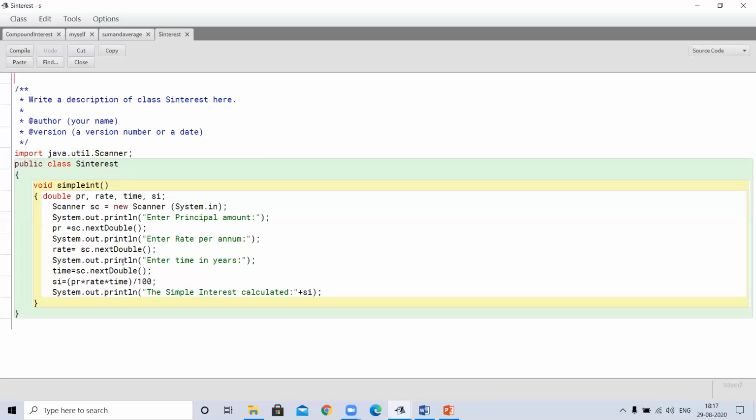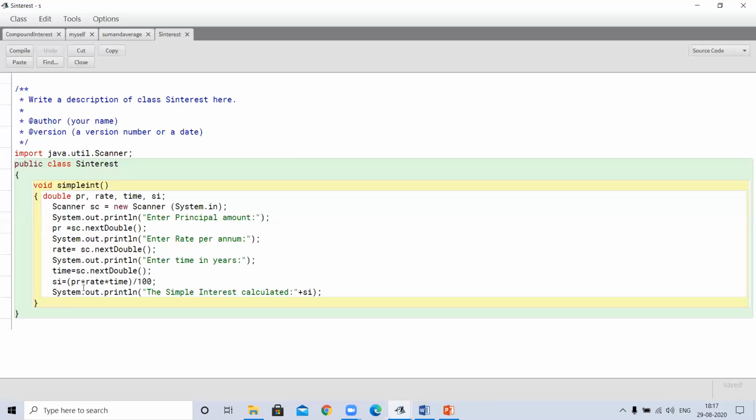Then the third one: we will give the message to the user to enter the time in years. Time will be stored in variable time with the help of object sc. So time is equal to sc.nextDouble. Now after giving all the entries, we will calculate simple interest.